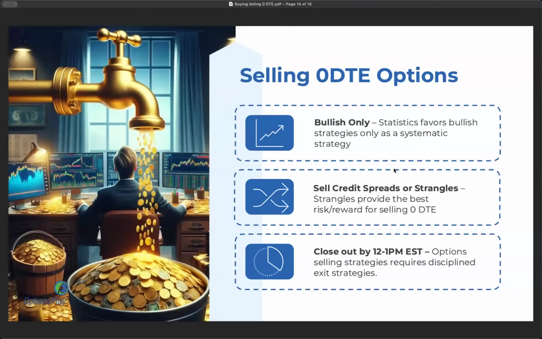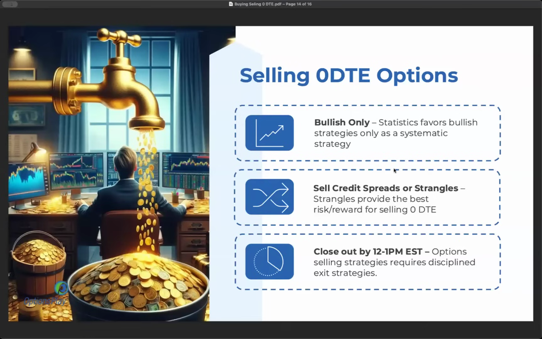So that 12 times more leverage is working against you as an option seller. But when you're selling strangles and straddles, the extra premium will provide an additional buffer against that 12 times leverage that's working against you. So for those purists, selling strangles and straddles will be the best performing option selling strategy